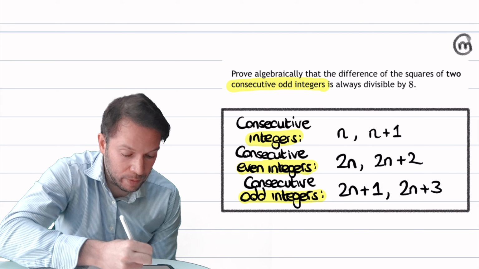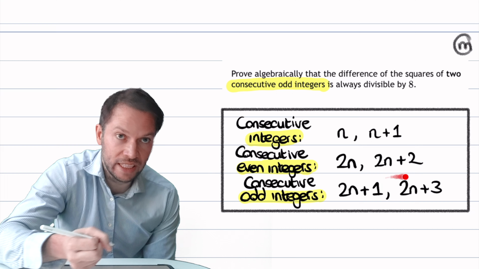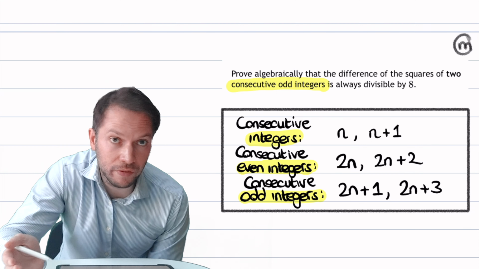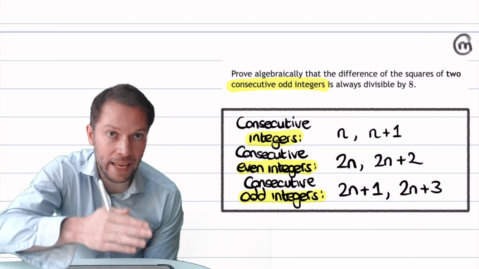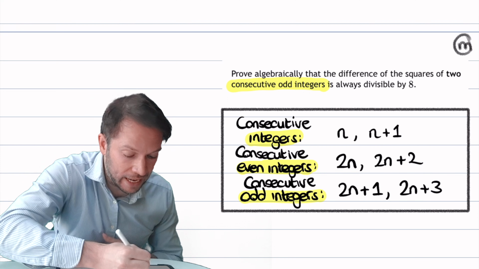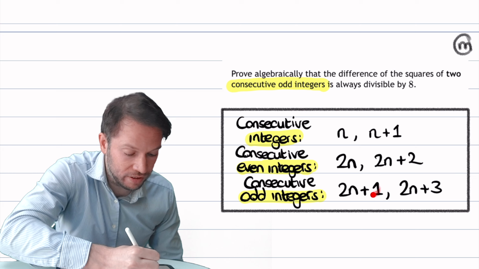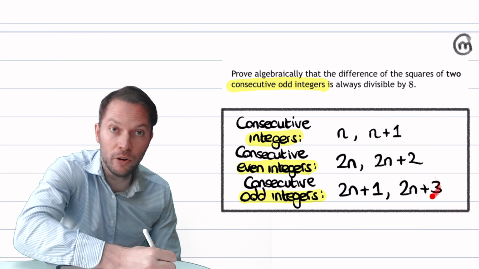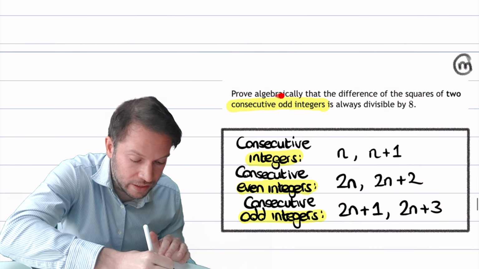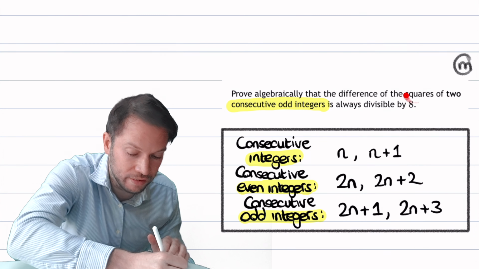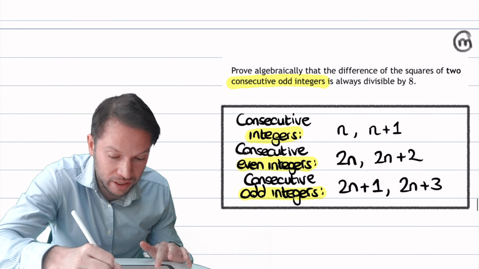And then we said if we wanted the next odd integer, if I had, say, 7, how do you find the next odd integer? Well, you'd add 2. 7 plus 2 is 9. That gets you the next odd number. So if we add 2 to this, 1 plus 2 is 3, so we get the next odd integer after that. Now, okay, we want to prove algebraically that the difference of the squares of two consecutive odd integers